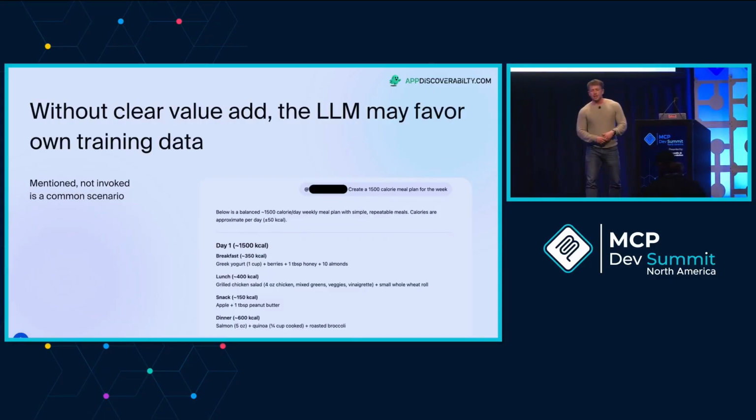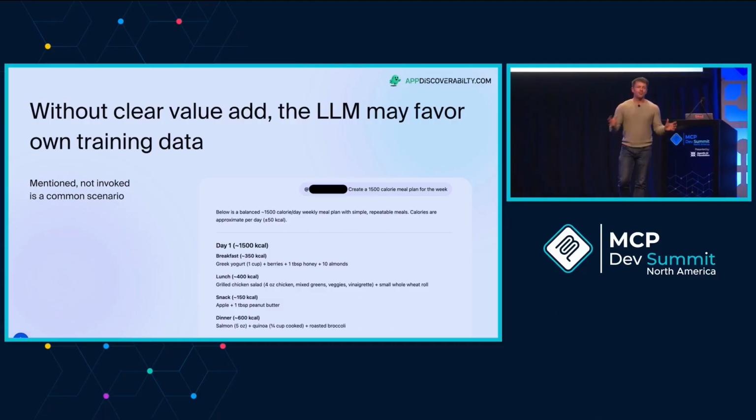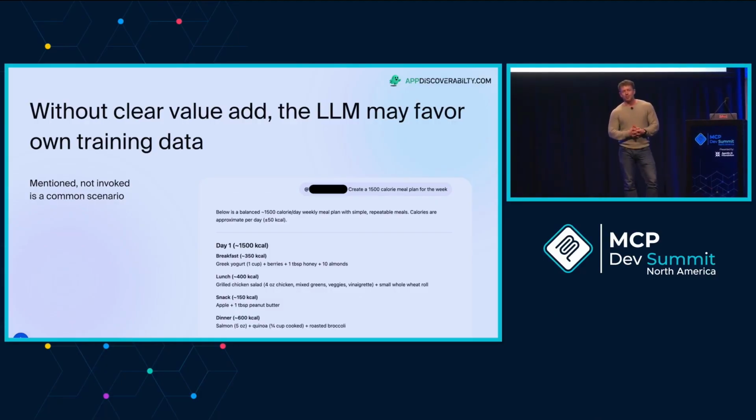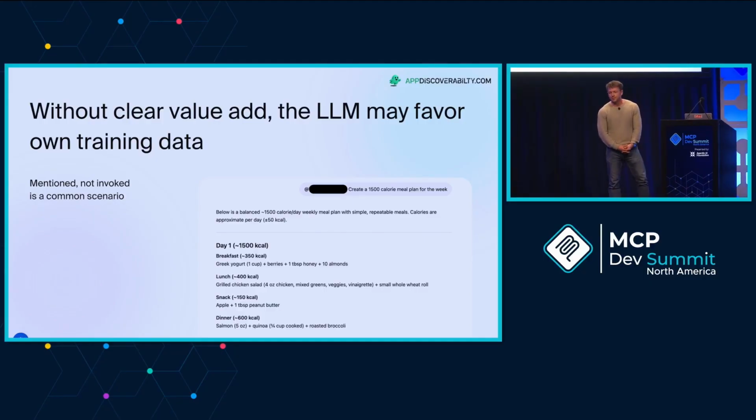Another interesting insight is that even if a user directly mentions your MCP app, it doesn't mean that the model will actually invoke your tools. The model loves its own training data. And if it thinks that it can do a better job or your tool description is really unclear, it'll ignore it. It can be a little bit stubborn. And this is something you can easily miss unless you're doing these upstream in-client tests. So mentioning doesn't even mean invocation per se.